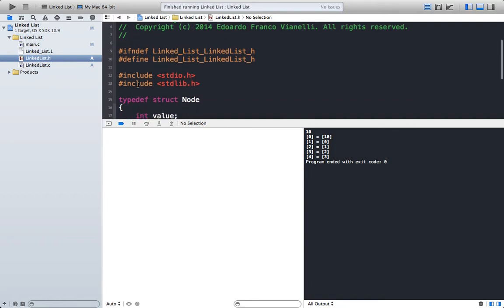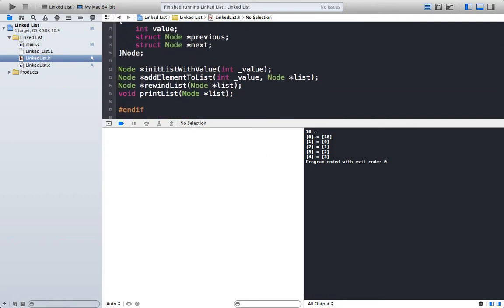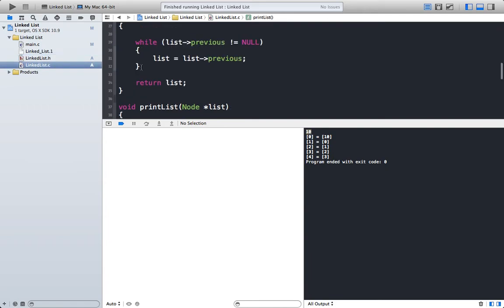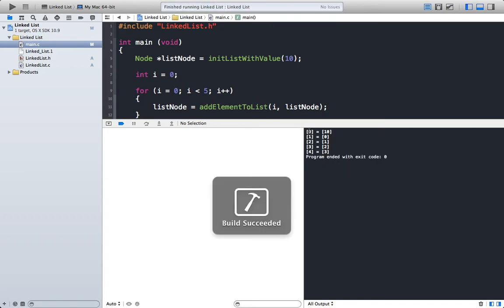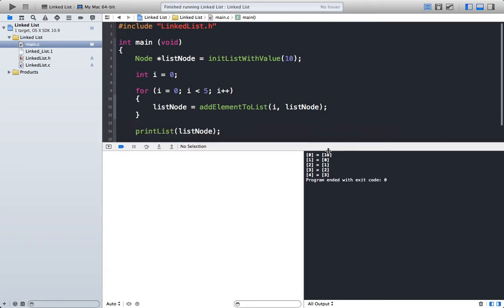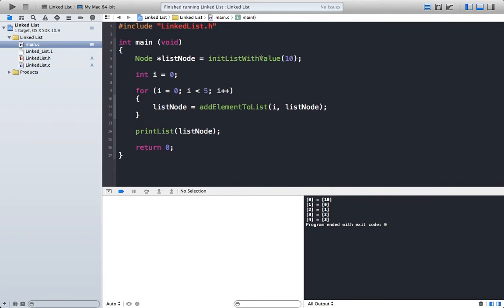So first we have our 10 because we just randomly printed it here as a test case. But we have position 0 is 10 because we initialize it with 10, and then each of the other ones are 0, 1, 2, 3, and then